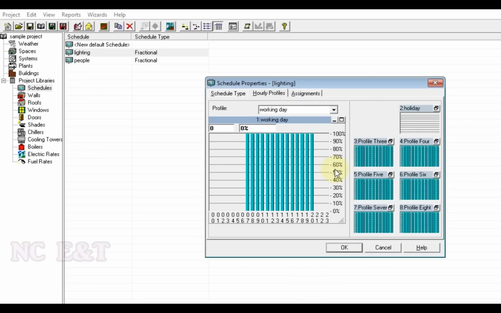In case of people, we have the occupancy in percentage from 7 to 8, around 30% of people came. But whenever any percentage of the people came in the building, we need to operate the light fully. So we did not make it in percentage. Whenever people are there, we need to operate fully.